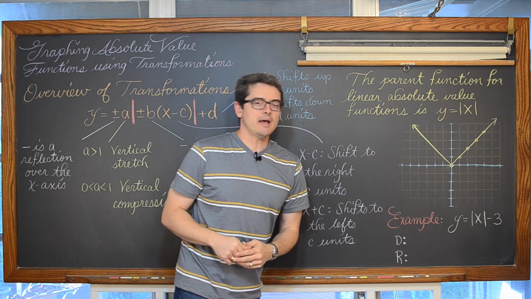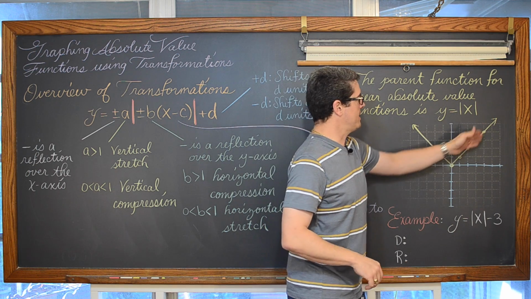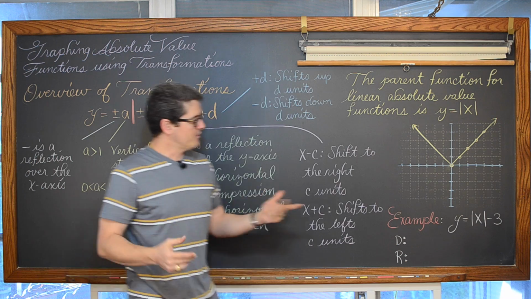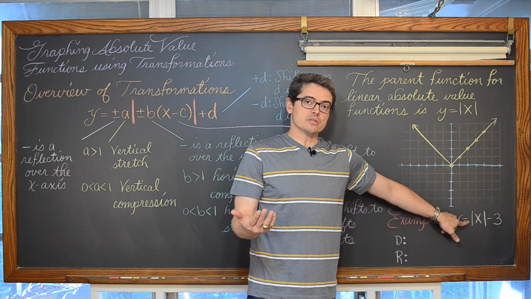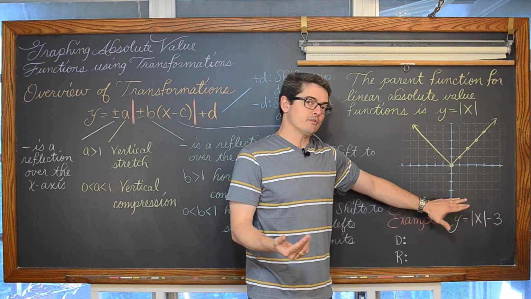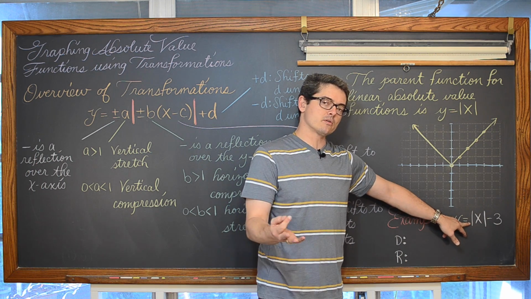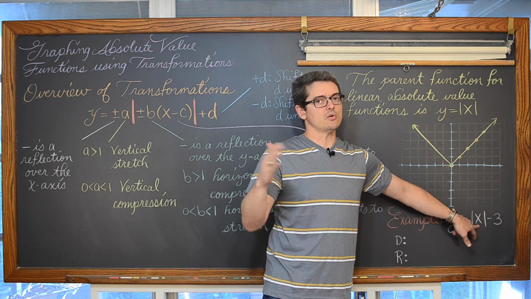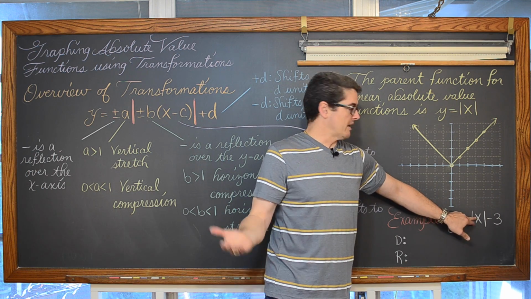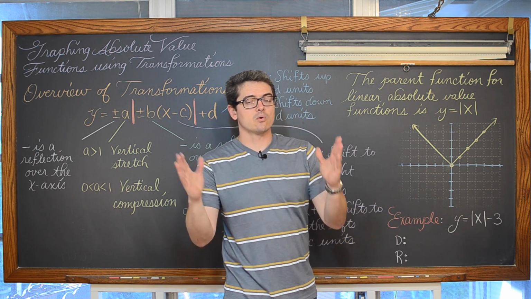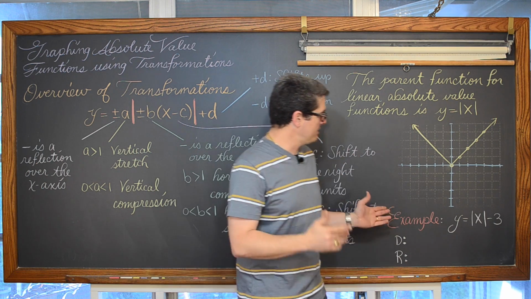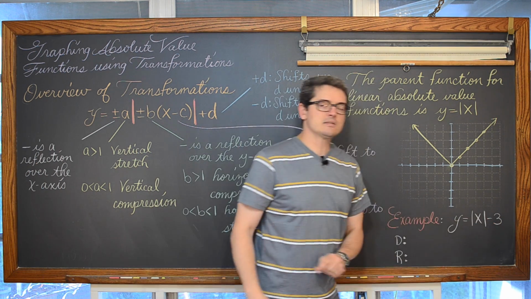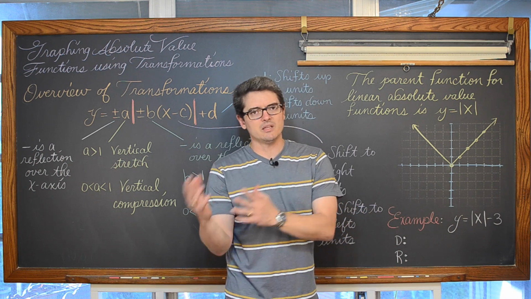Now, looking at our parent function, y is equal to the absolute value of x, our very first example is a very straightforward one. We've got y. Our leading coefficient is still positive, so we're not going to do any kind of reflection. It's 1, so there's no vertical stretch, if you will. There's no plus or minus inside the absolute value function, so there's no left or right movement. My coefficient of x is equal to 1, so there's no horizontal compression or stretch. The only transformation that we're looking at in this equation is the minus 3 that's at the end of the equation.